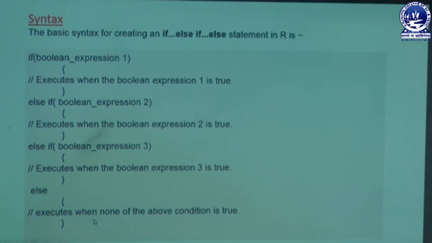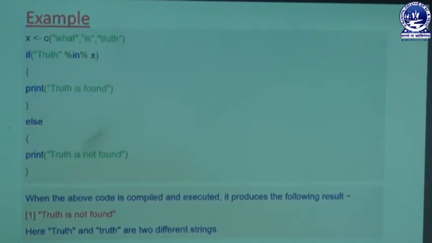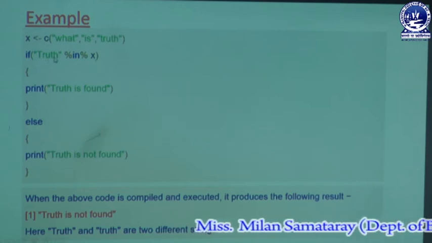So, let us discuss it with an example. Now x is our vector, and inside that we have stored 3 elements. One is "truth". These are 3 elements, and these are character types, and this is one logical expression. We have already discussed this operator, the modulus symbol, then in, then modulus. That means whether the element is present in that vector or belongs to it or not.